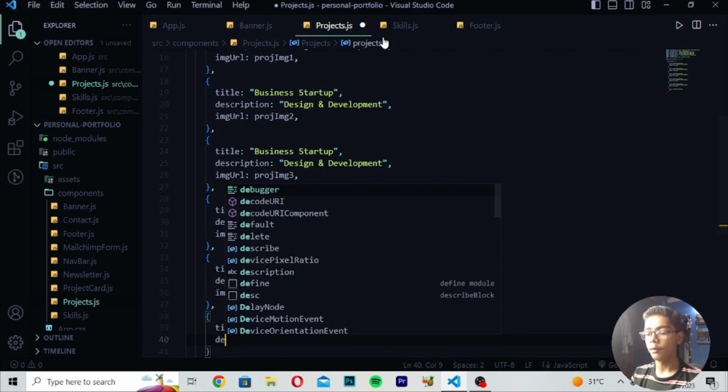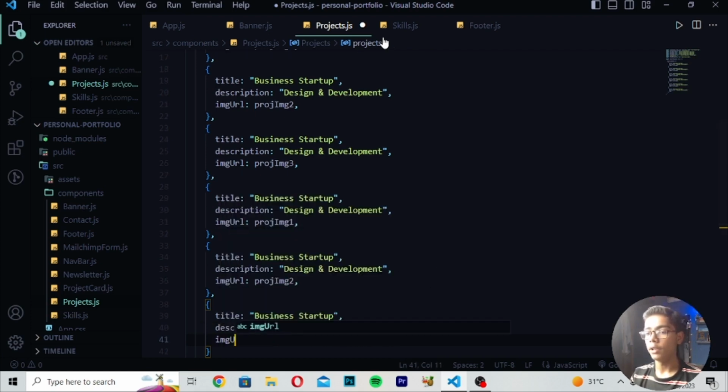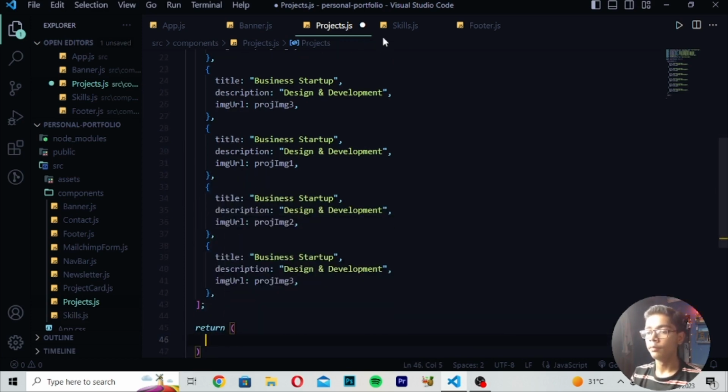Then you have to write here description, and in description you have to write design and development. Then you have to write here image URL, which should be project, and then I will be writing image 3. Then when you've written this, you have to write comma, close this tag, write here return value, and